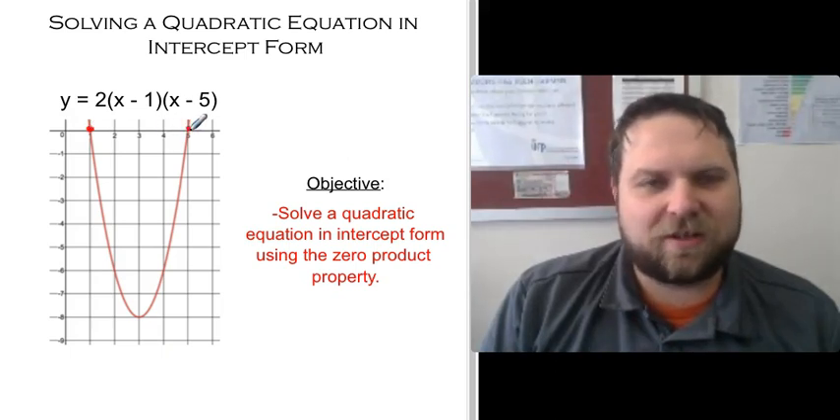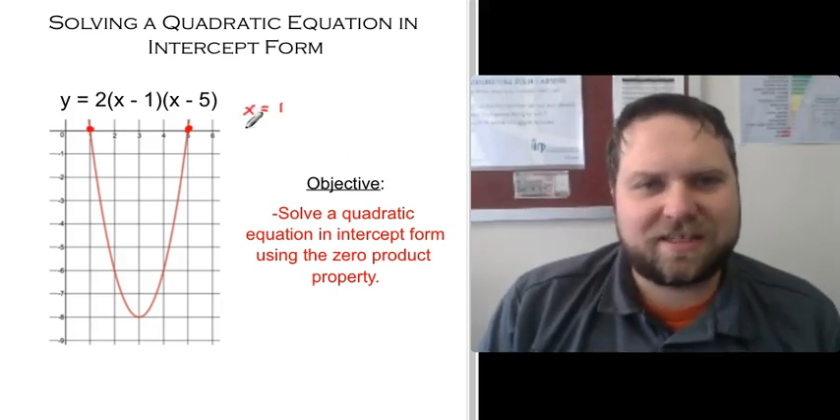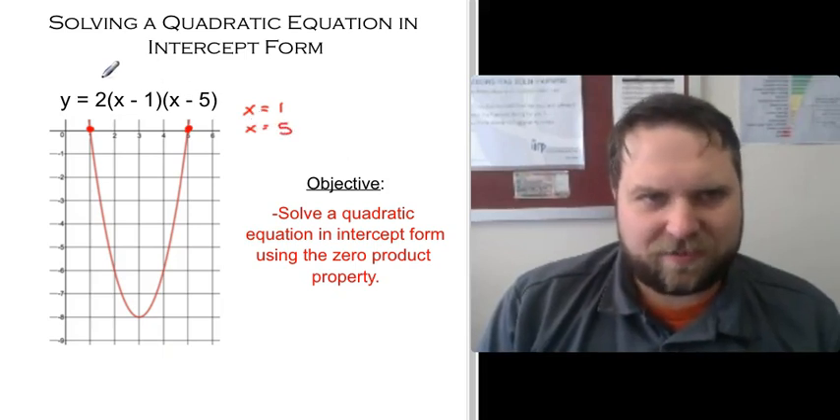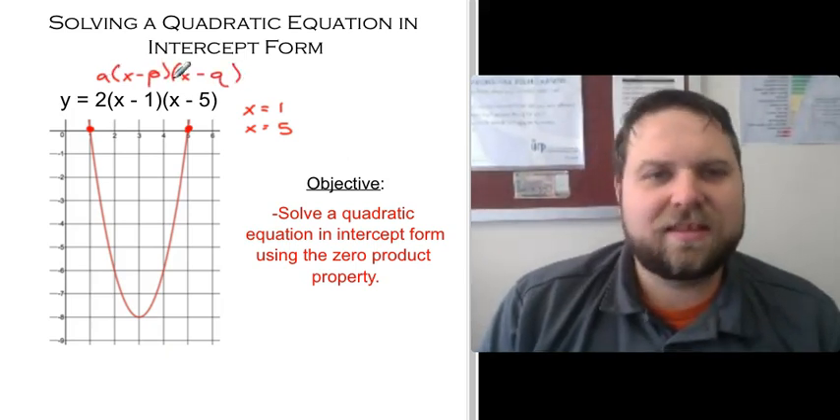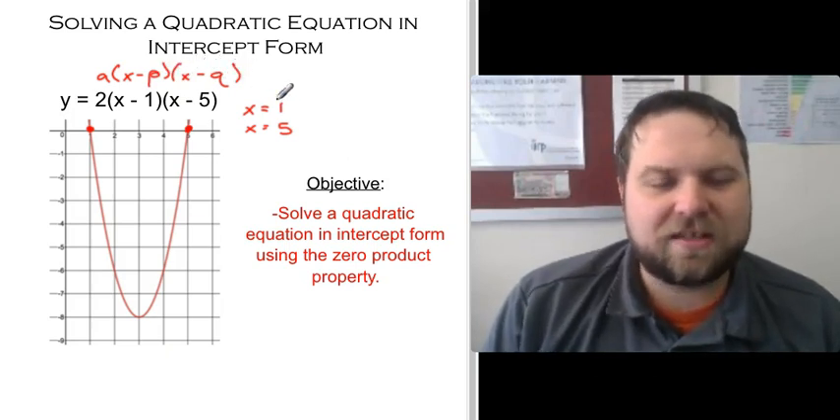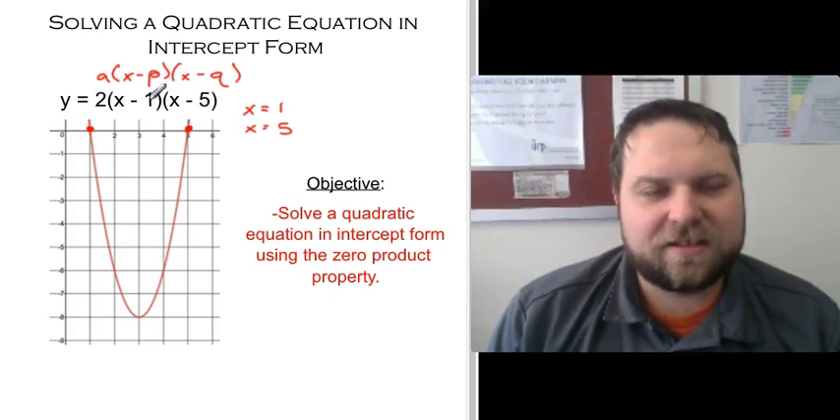When we say solve a quadratic, we mean find the solutions, which is the roots, the x-intercepts, the zeros. And in this case it's x equals 1 and x equals 5. We also know that intercept form, which is a times x minus p, x minus q, has x-intercepts that are just p and q. So this seems like a very, very trivial thing to find,